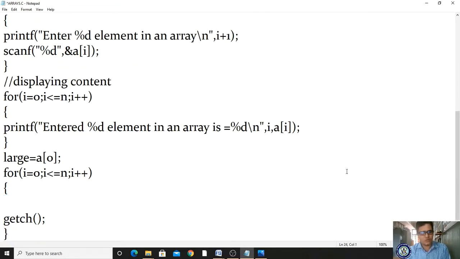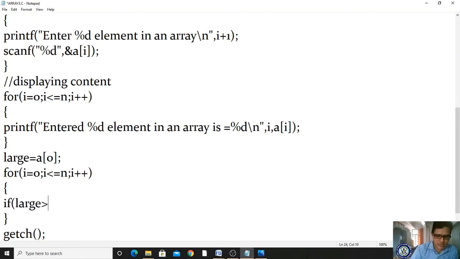Here what I am doing is writing one condition: if large greater than a of I plus 1. If I is 0, it will be considered as 1; if it is 1, plus 1, 2.